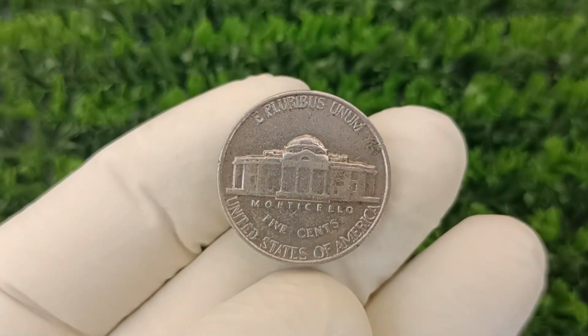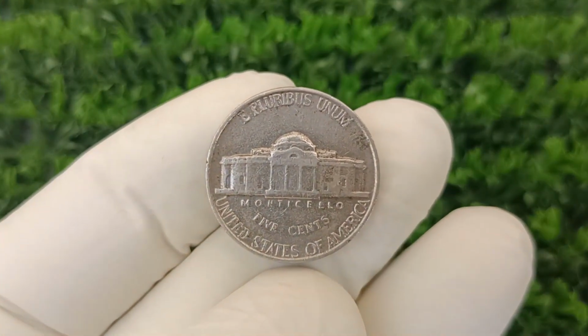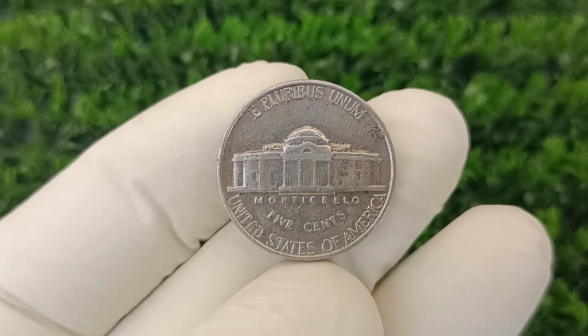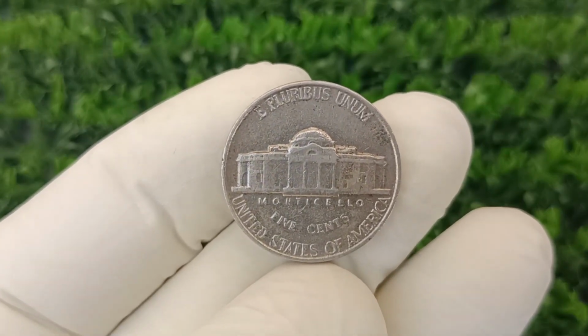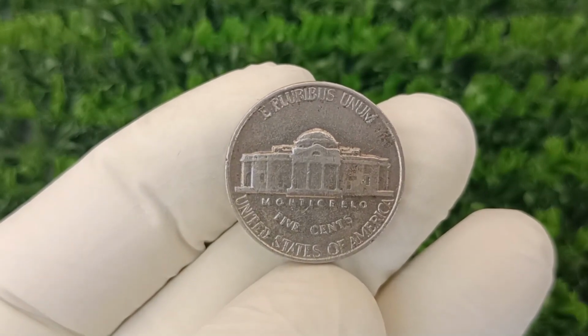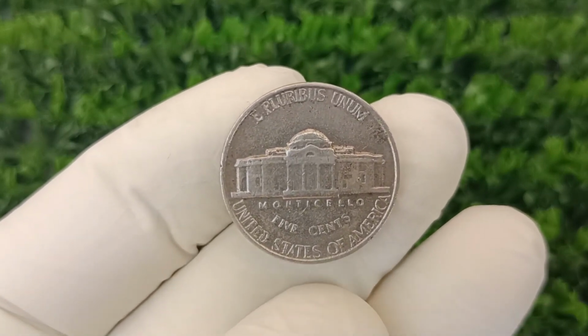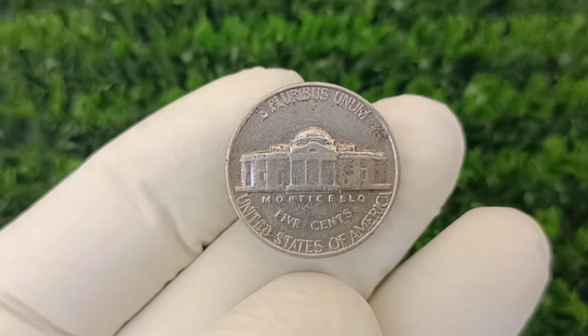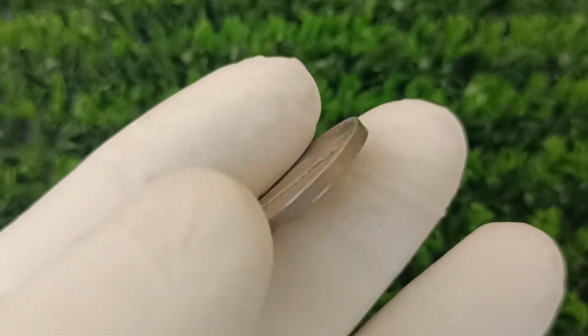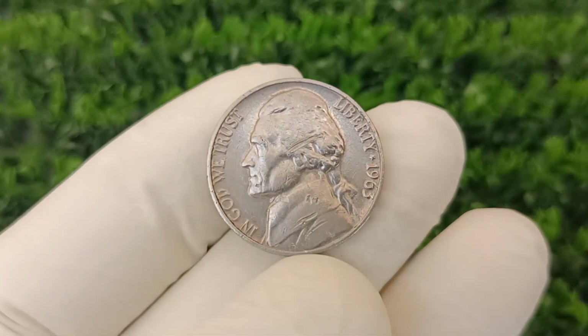Let's get started. First up, the Monticello Jefferson nickel from 1963 without a mint mark. This coin, while appearing ordinary, holds a rare and important place in American coin history. In this video, we'll talk about why the 1963 nickel, in circulated condition, is still highly valued, exploring its history,